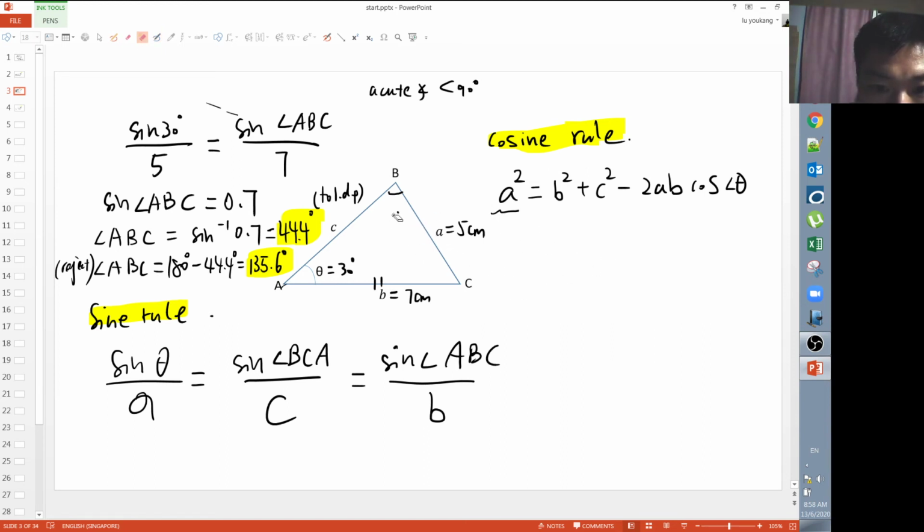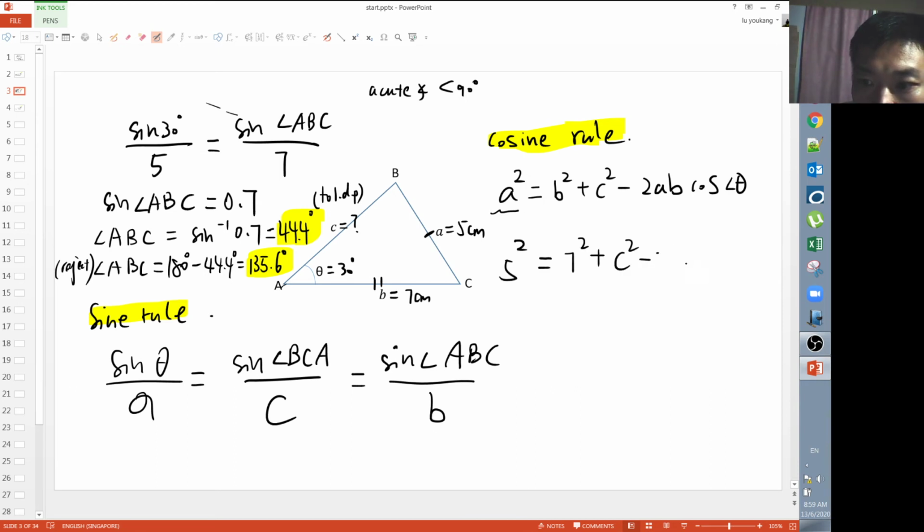Alright, so everything remains the same, and now the question is, you are asked to find out side C. To find out side C is also pretty easy. You have your angle theta here, and you have the side that is opposite to your angle. Take the opposite side, square it, and then take the two sides that sandwich the angle. So you have your 7 squared plus your C squared, which you need to find,